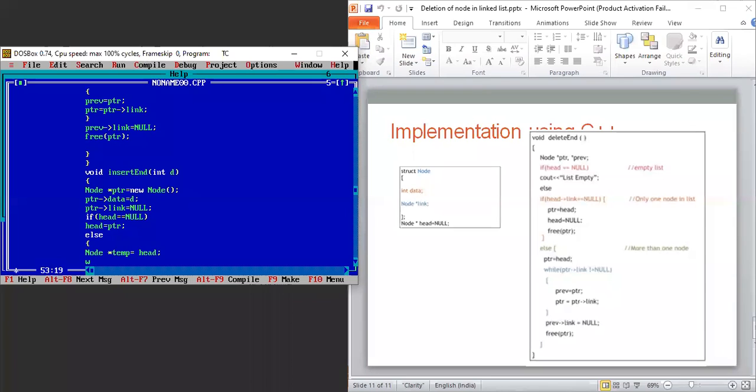So while the temp link not equal to null.